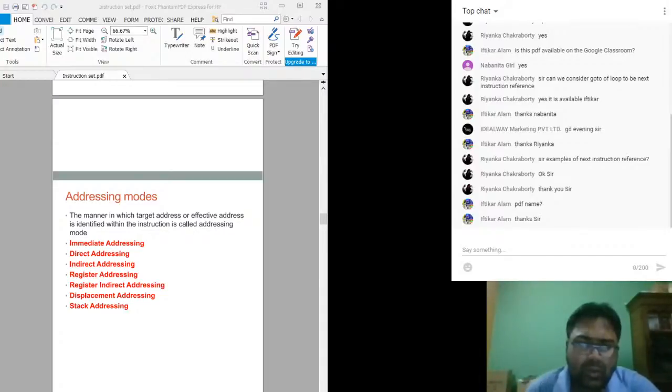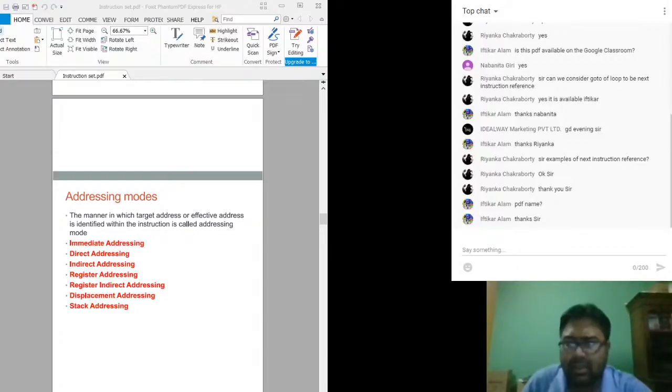Based on this addressing mode also you can classify the instruction. These are the types of addressing modes which are available: immediate addressing, direct addressing, indirect addressing, register addressing, register indirect addressing, displacement addressing, stack addressing.